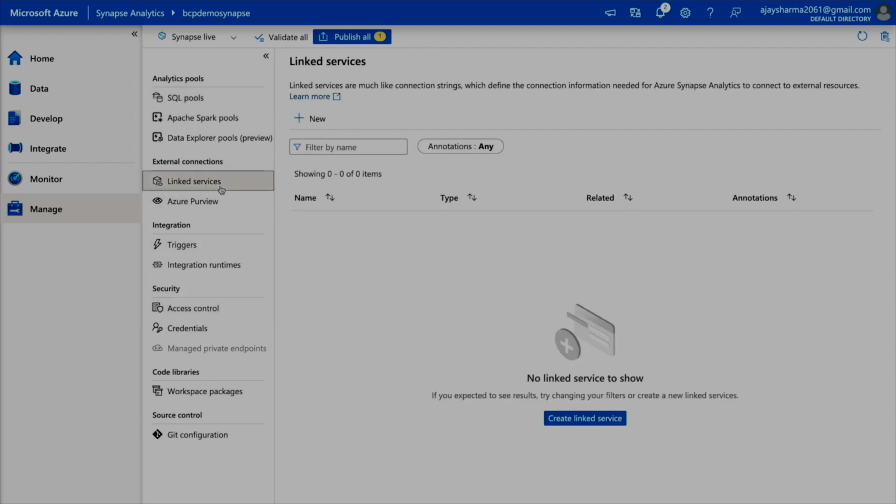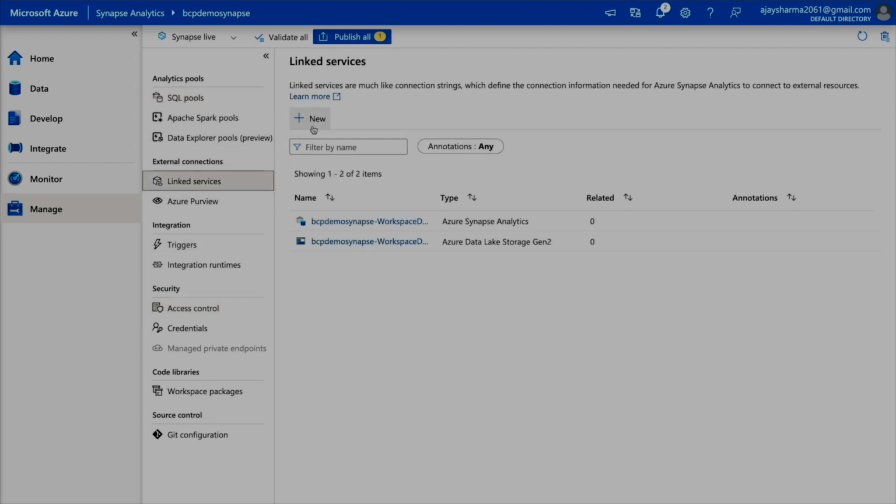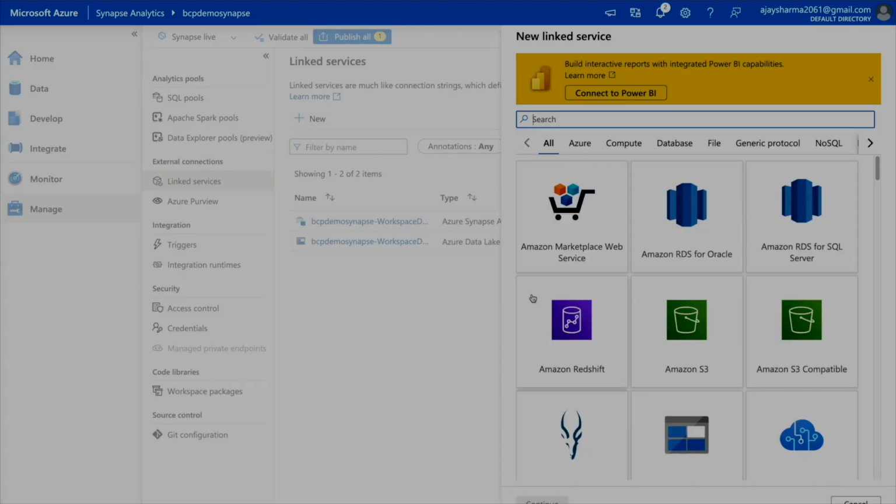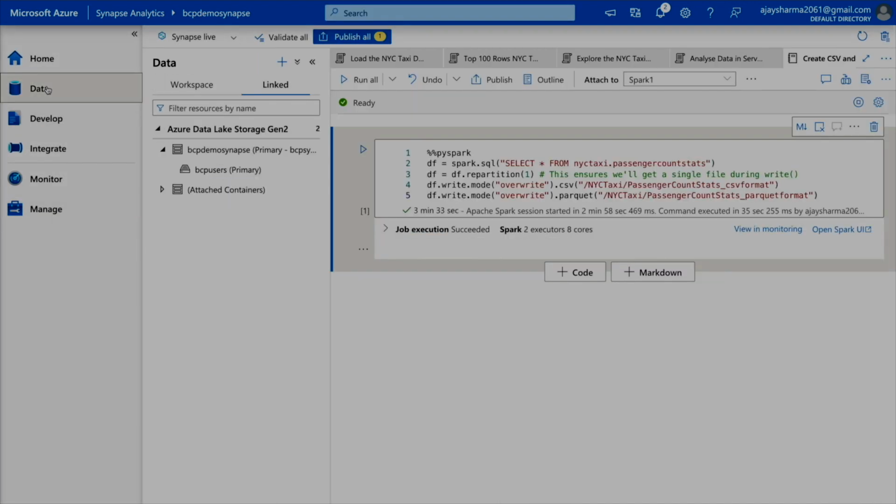Once you see the linked services, you can create one over here. You have to click new, and then you can create another linked service for your Azure Data Lake Storage account or Blob Storage account, the one you want. But right now, we have to go back to our data tab, and over here